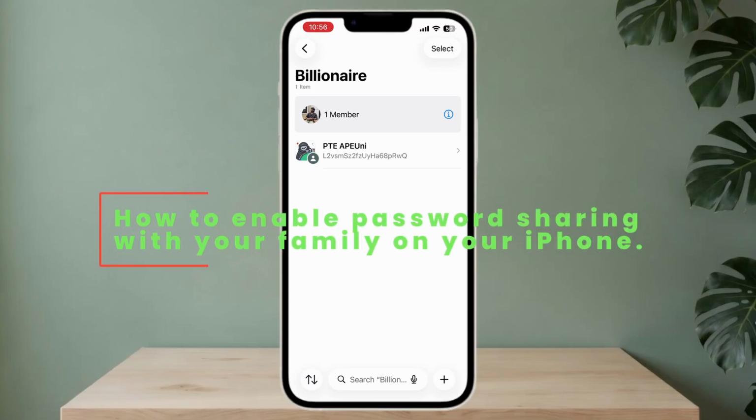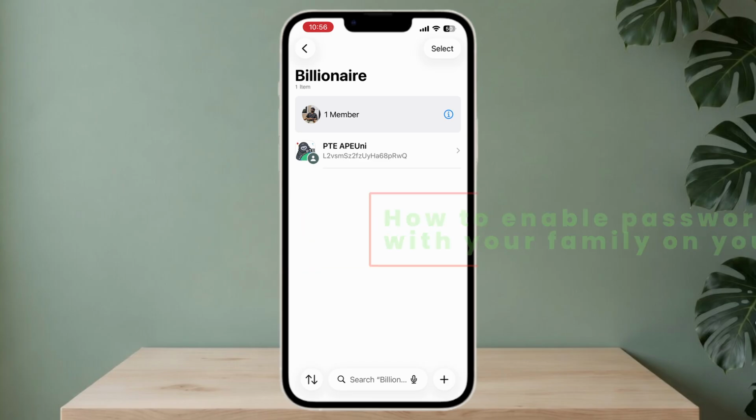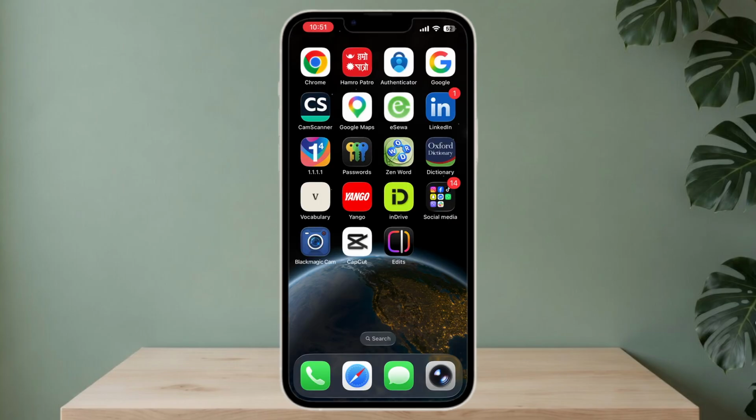In this quick tutorial, I'll show you how to enable password sharing with your family on your iPhone. Apple's Passwords app lets you securely share passwords and passkeys with trusted family members, making it easier for everyone to